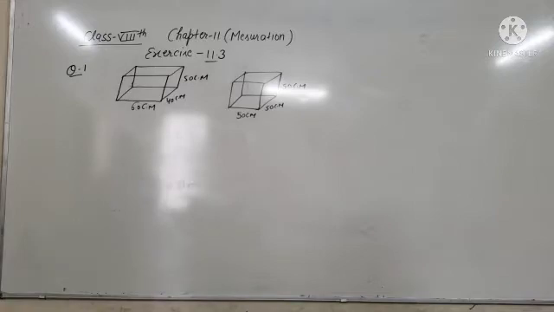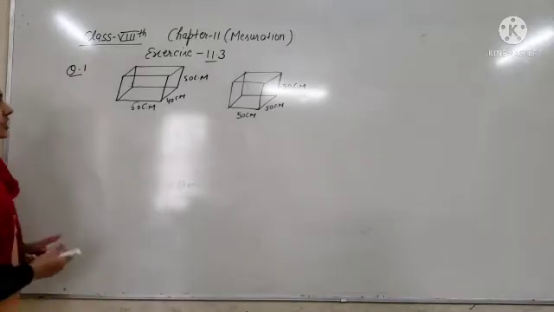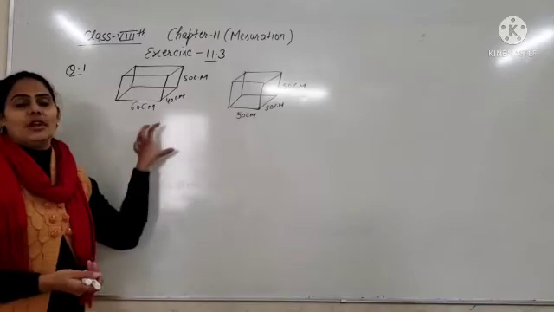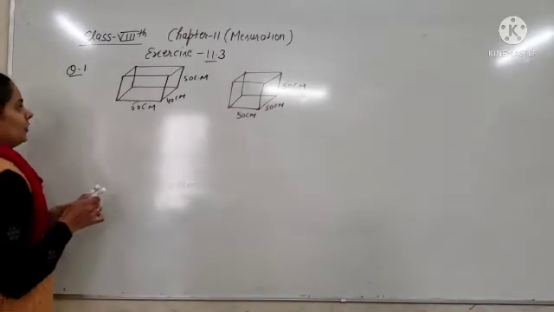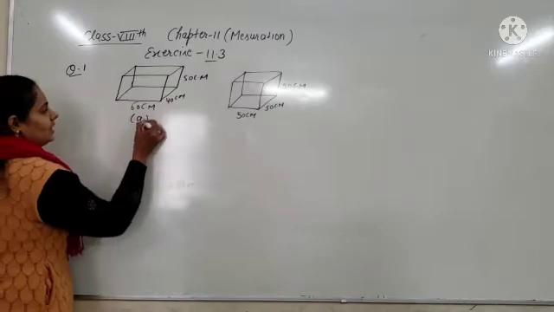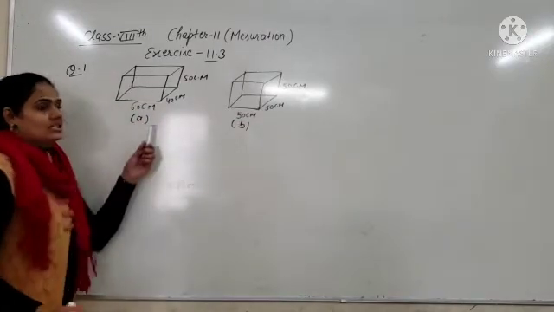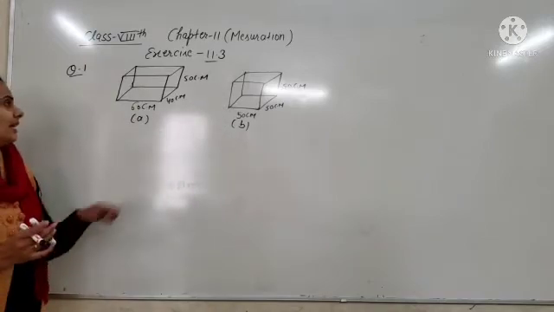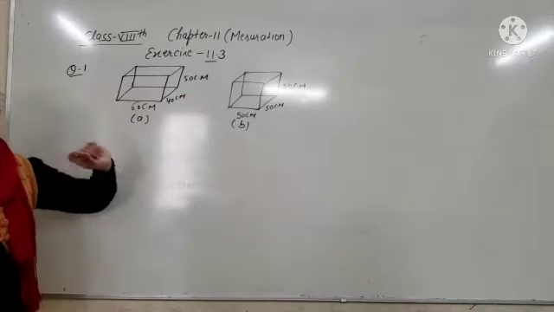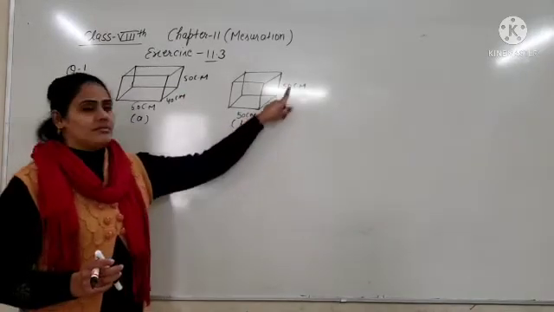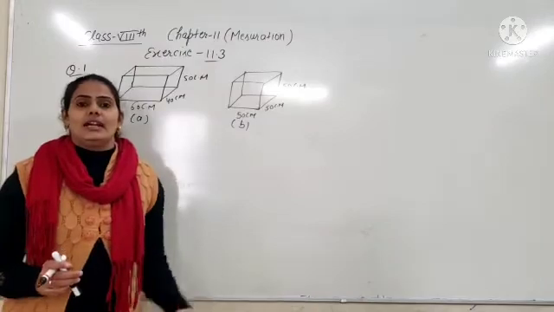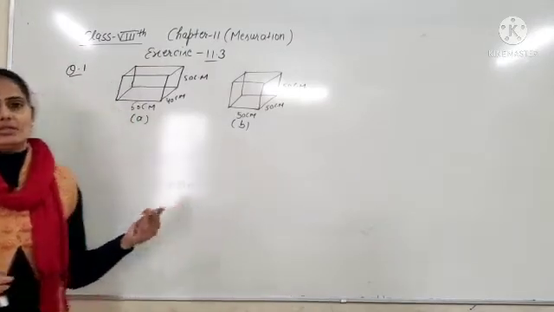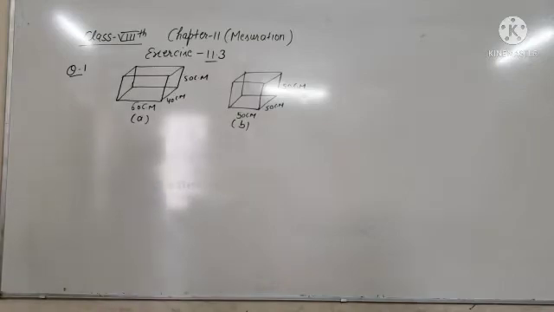Okay. What is given? Two cuboidal boxes are given, whose dimensions are this one and this one, and you have to find out which box. These are cuboidal boxes. You can assume this one is figure A and this one is figure B. So this is cuboidal A and this is cuboidal B, and the dimensions of the cuboid are given: 60 centimeter, 40 centimeter and 50 centimeter, and here the dimensions are 50, 50 and 50 centimeter. You have to find out which box requires the lesser amount of material to make.